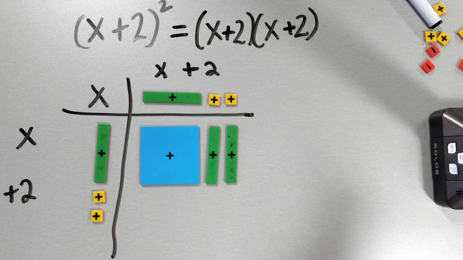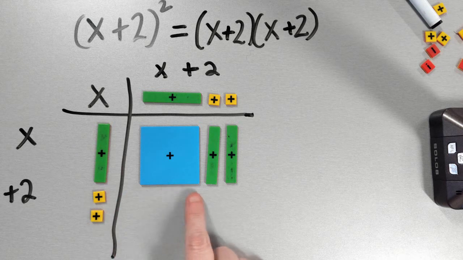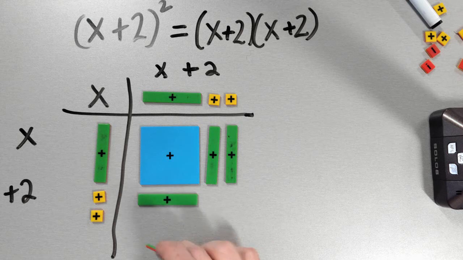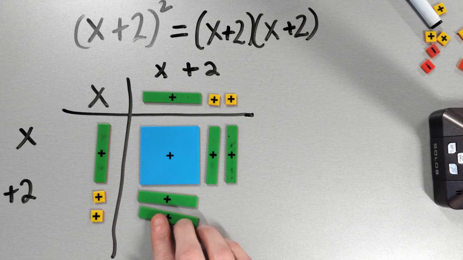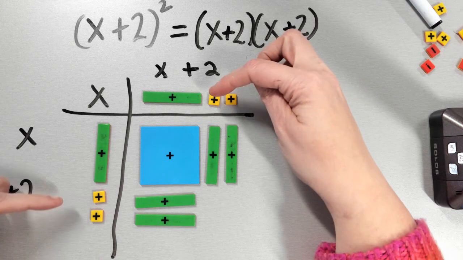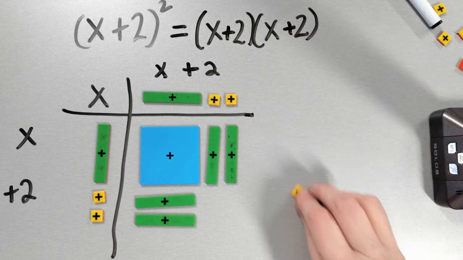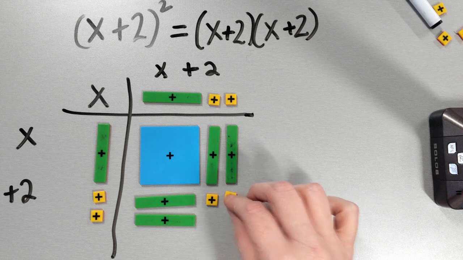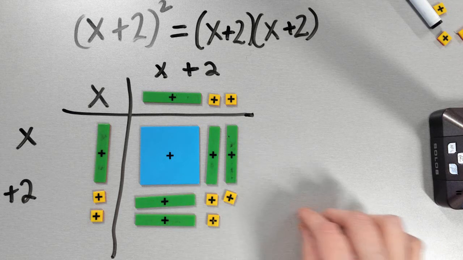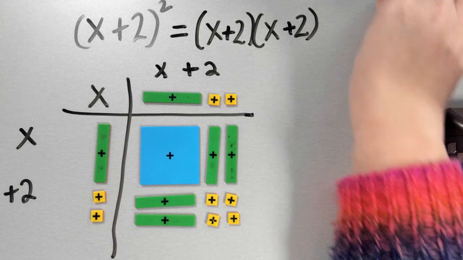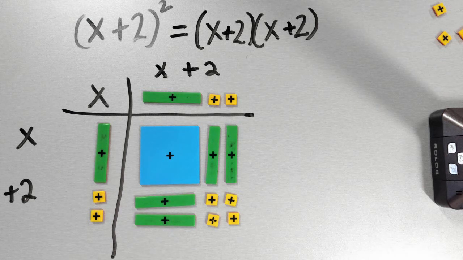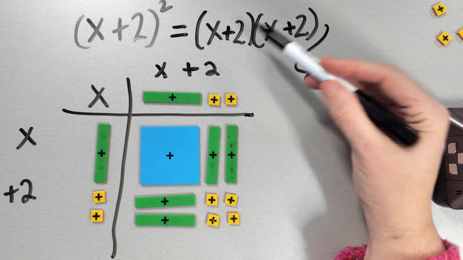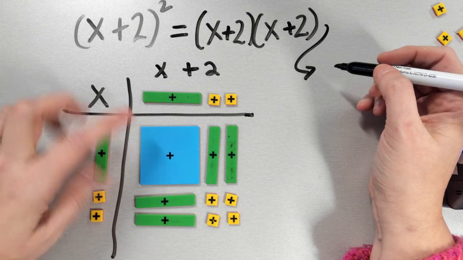Okay? Now over here I got the same thing. This one's 1 tall and x wide. Again, the only tile that'll fit in this space is an x. Now over here I've got a bunch of little spaces. So I've got a positive, a positive, a positive, and a positive. Okay? So I'm just going to scooch this here. So my x plus 2 times x plus 2 ended up having, and again, when I look at my product,